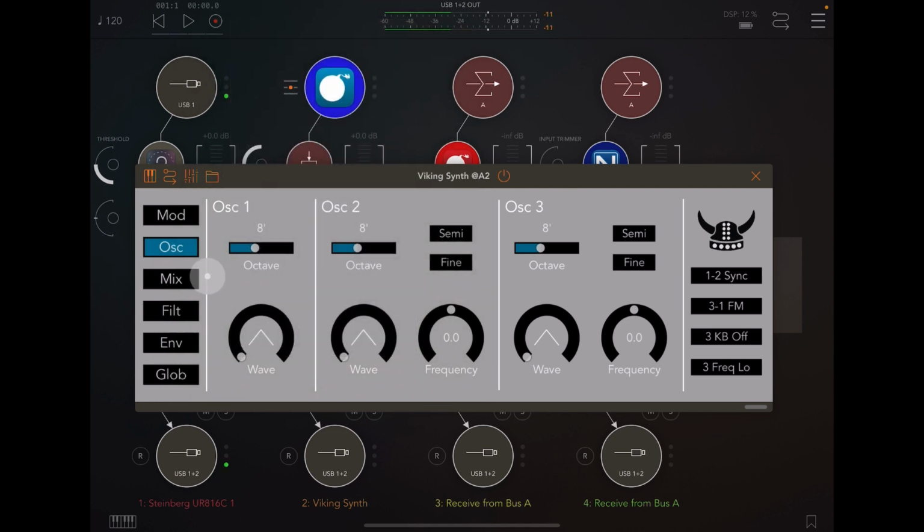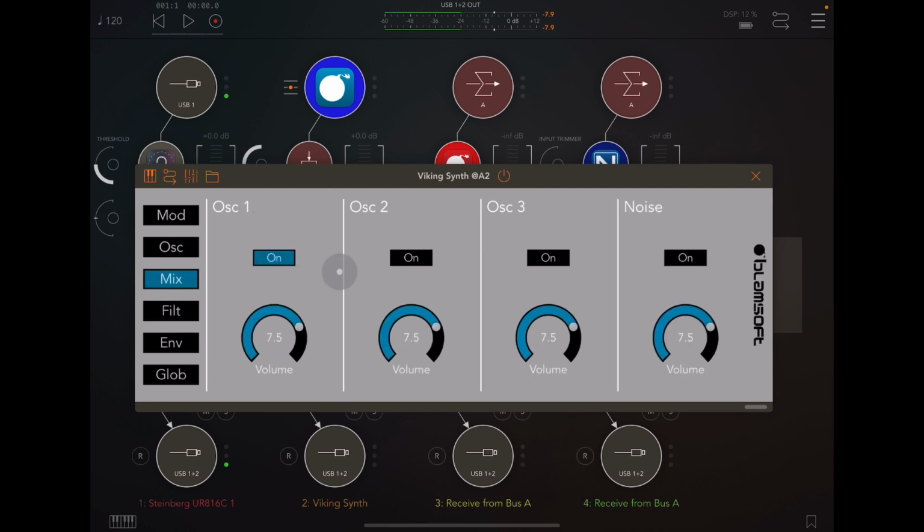The architecture of the synth is 3 oscillators, variable from triangle, square, saw, square, and then pulse width. There you go. And you have 3 oscillators that you can play with. You can change the octave range of oscillator 1. On oscillator 2, you can change the frequency, so you can detune to oscillator 1, so you get like a